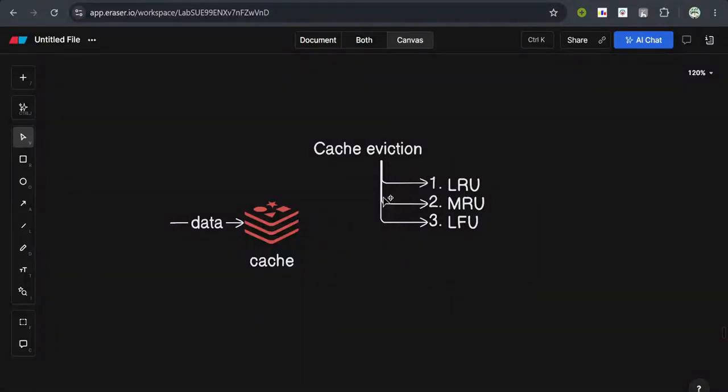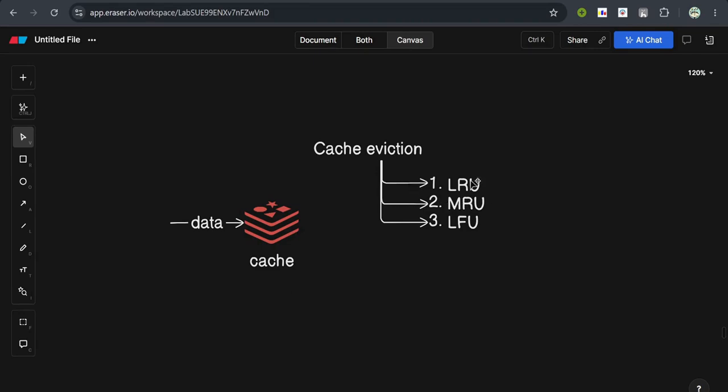Let us look at some of the most common cache eviction strategies that we have. What we mean by eviction is that we need to delete data from our cache periodically or in a regular fashion. Because if we keep on storing data in our cache memory, then the cache memory gets overwhelmed or used up completely, and in that manner, we will run out of cache memory. So to keep our cache memory optimal and clean, we need to keep on deleting data from our cache. So this deletion is basically cache eviction.